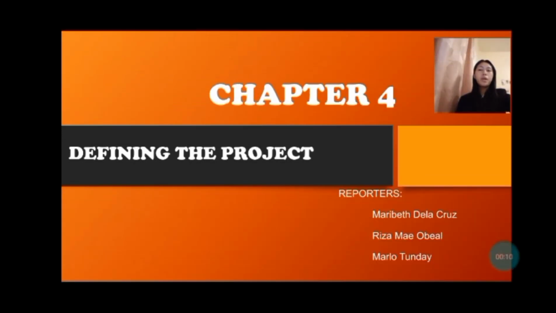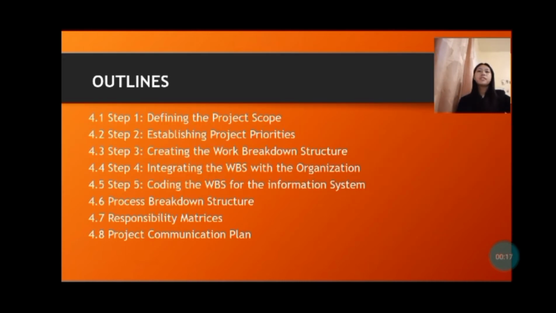Good day, everyone. We are going to discuss chapter 4. It's all about defining the project. The outline will be 4.1 Step 1 defining the project scope, 4.2 Step 2 establishing the project priorities, to be